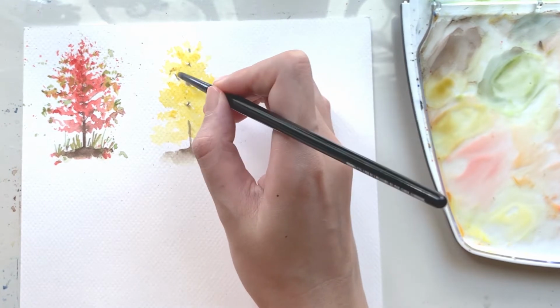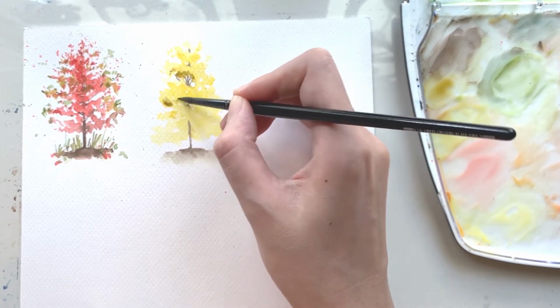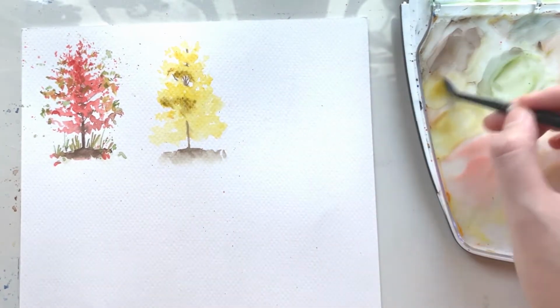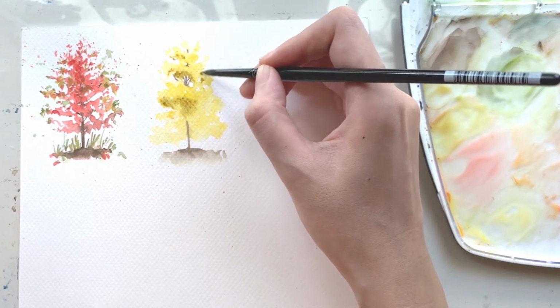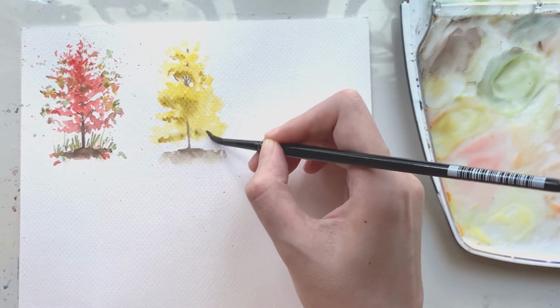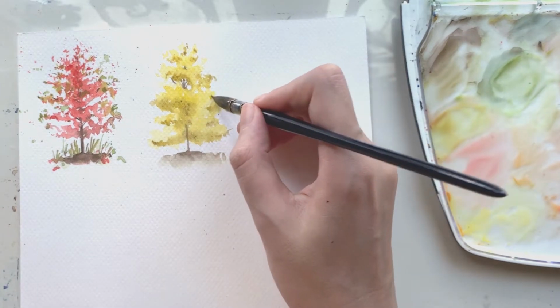And then mixing yellow with just a tiny bit of sepia, we're going to apply this in the shadow areas. If you're not sure where the shadow areas are, do refer back to our pencil sketch earlier, where the areas will be at the bottom of each bunch of the tree. And you can see that by pre-wetting the area, we are able to achieve this soft wet on wet effect